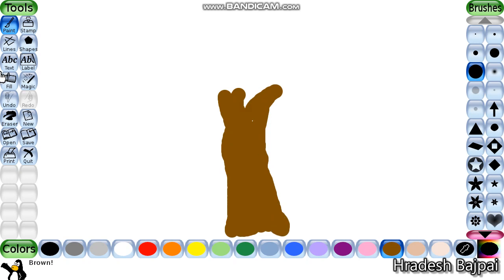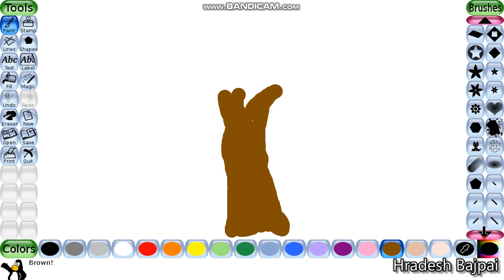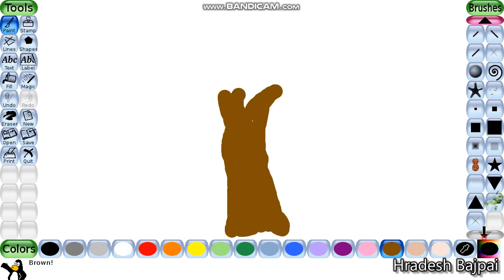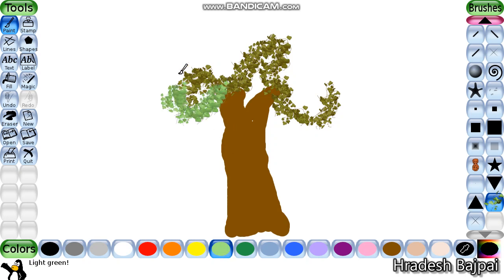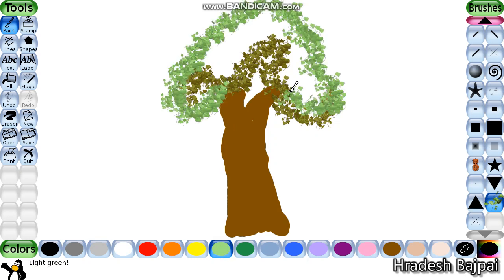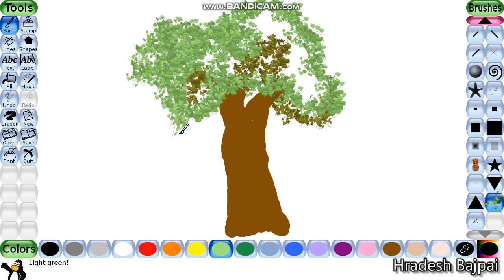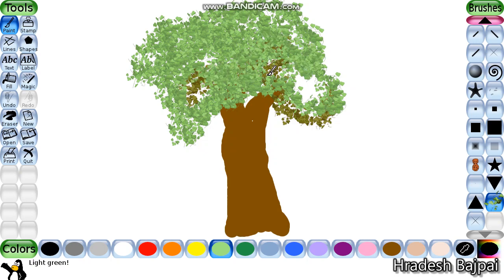And for drawing a tree, there are some other options in this one. Click on this option. Now you can draw a tree. You can change the color from here and you can draw the tree like this. This pattern is especially used to draw a tree. With the help of this pattern you can draw a tree. You can see how beautiful it is.